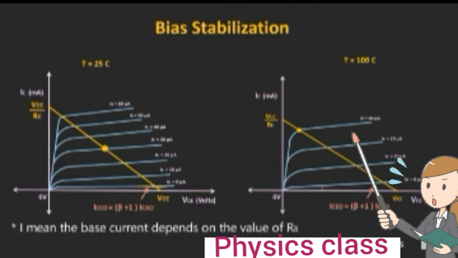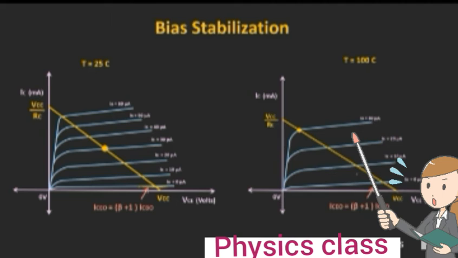Now in the fixed bias, IB is inversely proportional to the base resistance, and over here of course we are assuming that the voltage VB is not changing with the temperature. That means the value of base current IB will also remain 30 microampere. So due to that, with the increase in the value of beta, the current IC has increased, and now the operating point has moved towards saturation.